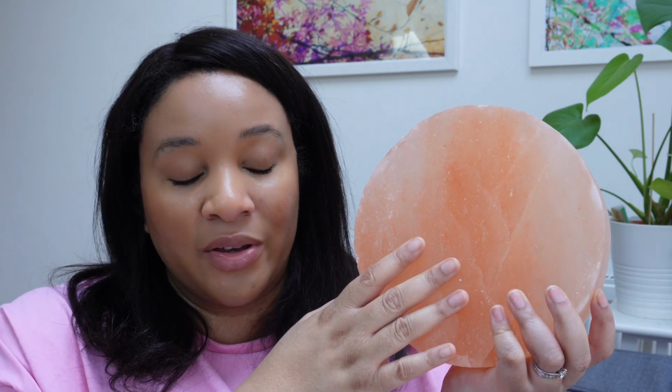I prefer to cook and then put things on here for them to season. So when you rest meat after you've cooked it, I prefer to leave it on here to rest rather than put it on the hob and it get kind of discoloured and could potentially crack after some time. This is going to last me forever. You have to keep it dry obviously because it's salt and it will disintegrate, but this is a really fun